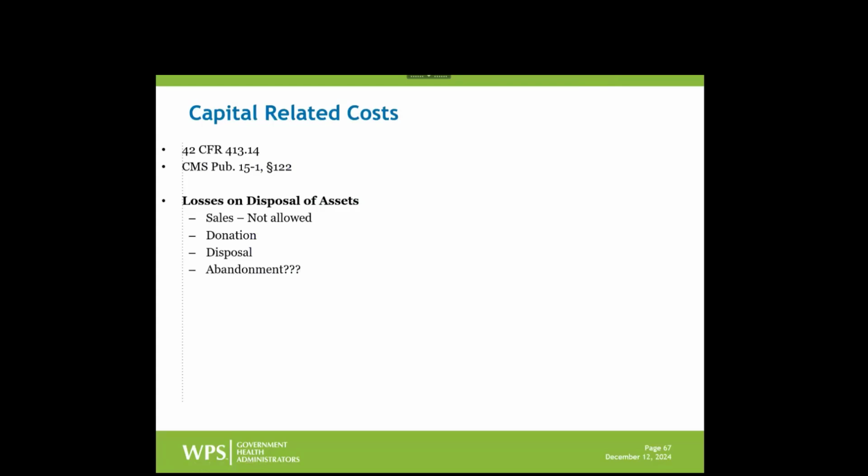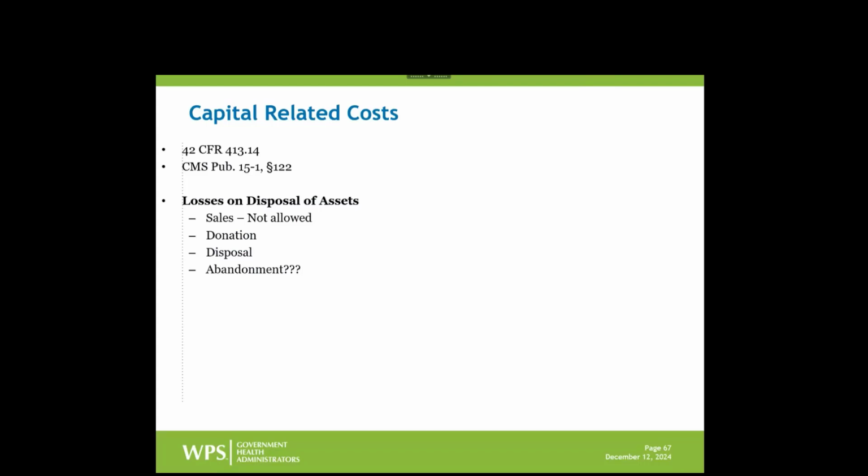So the point here is if you demolished or abandoned that item, the question is, where's that cost going to be allowed? Or I should say, what period, when is it going to be allowed, if it's going to be allowed, and in what amount, of course. So you have to take a look at a few different things. The first thing is the materiality. What are we talking about? If it's less than $5,000, we're not concerned. We're just going to report it in that period in which the loss was incurred.